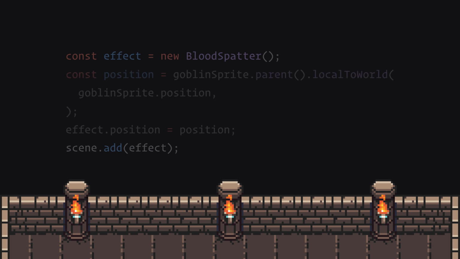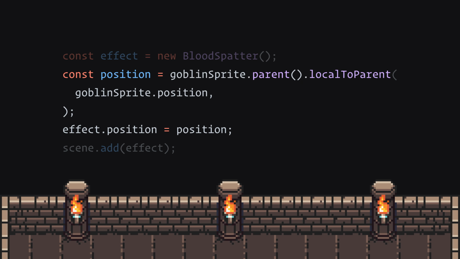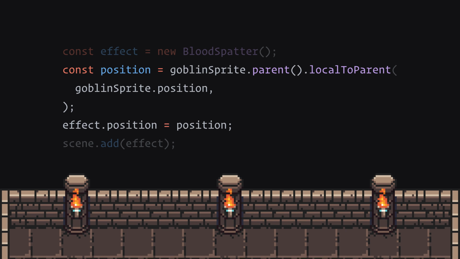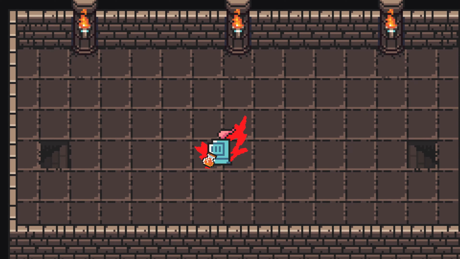You could also have used the goblin's parent's LocalToWorld matrix to transform the position before assigning it, for whatever reason. Sometimes using the LocalToParent matrix can also work, but not always. If most of what I just said sounds like gibberish to you, or you no longer want to trial and error your way through this process, then grab a drink, sit down, and let me tell you about the wonderful